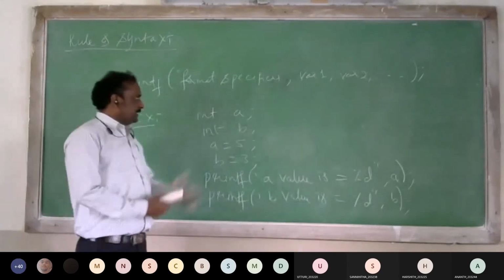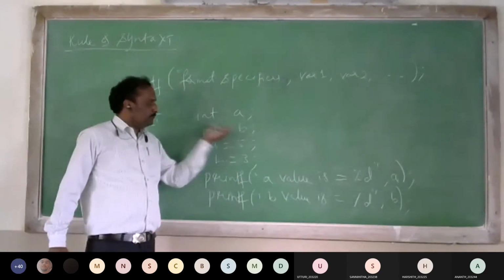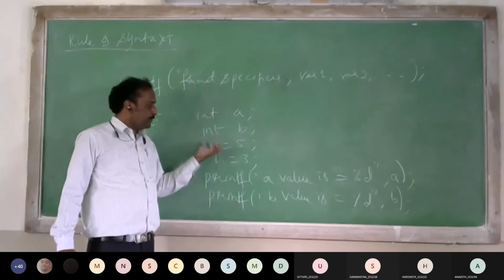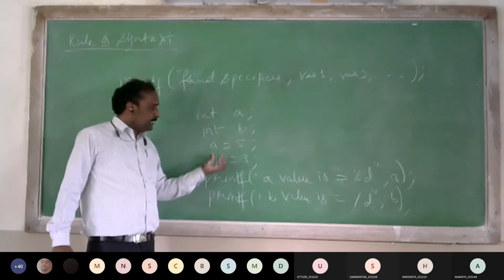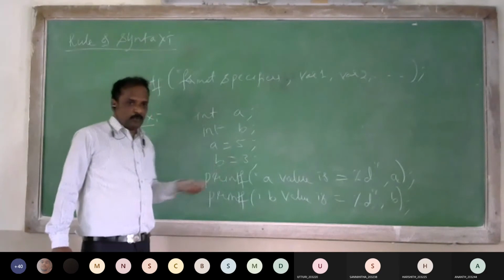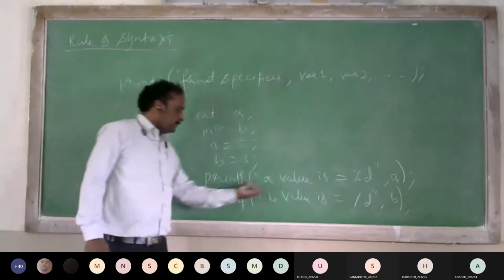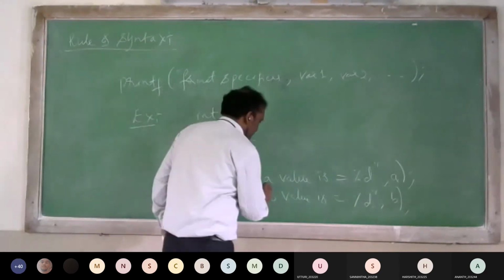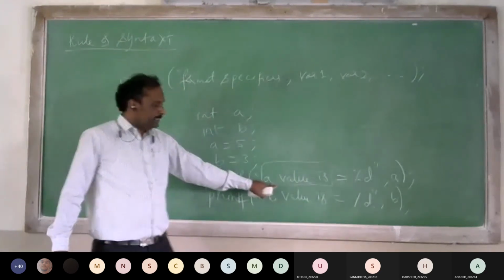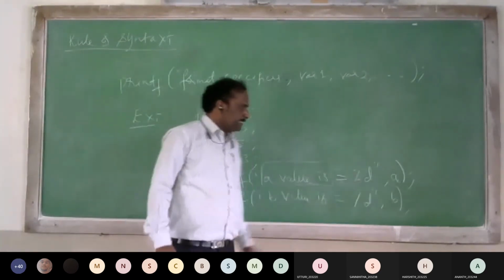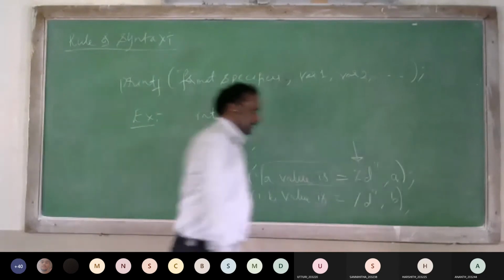So here a is of integer type, b is of integer type. I am assigning the value a is equal to 5, b is equal to 3. Now I want to display these values onto the output screen. So the statement is printf, a value is. This is the information. a value is equal to %d. Actually this is the type specifier.